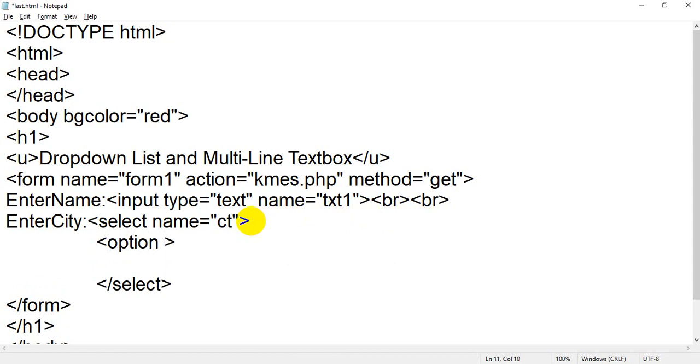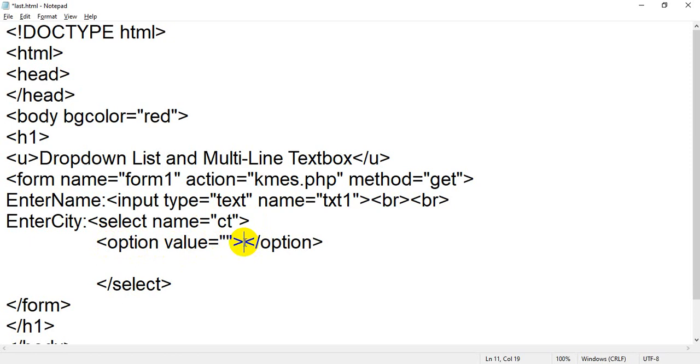Okay, then I will assign one more attribute, that is value, and inside the value you have to assign a certain value, and closing option tag. Student, don't take tension, I will explain each and every line, not only line, each and every word of this page. Between the opening and closing option tag, I am going to assign the value which will display on your browser.